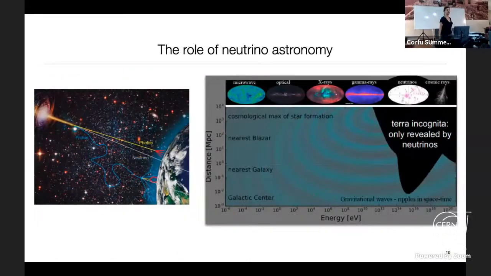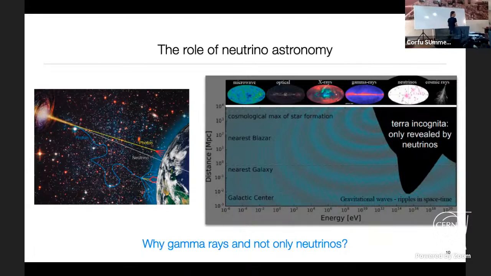And this is why neutrino astronomy is a very powerful tool to complement gamma ray astronomy, right? You do not really have this process of absorption for neutrinos, so you can access even very distant sources. Then why do we study photons from the cosmic object if we have neutrinos that can go far away? Well, that's because neutrinos are very difficult to detect, and at the moment we have just a bunch of them, especially at very high energies. Okay.